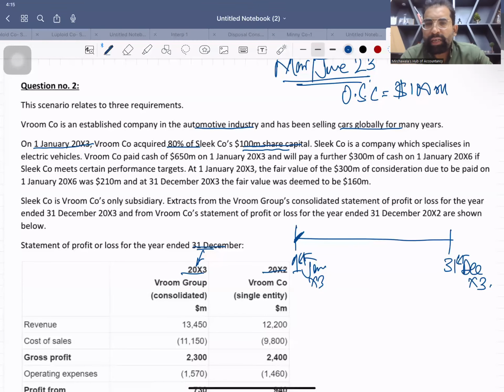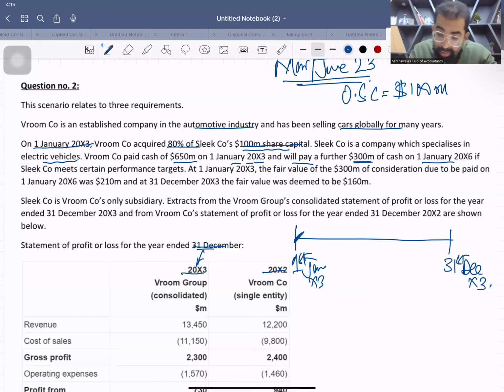So in simple words, out of these 100 million shares, the parent company bought 80%, that is 80 million shares. Now, what is the price the parent company paid? Consideration. This is our consolidation. Sleek company specializes in electrical vehicles, which is very much a hit nowadays. V-Room company paid cash of 650 million. This is the cash consideration on 1st January X3, and will pay a further $300 million cash on 1st January X6,